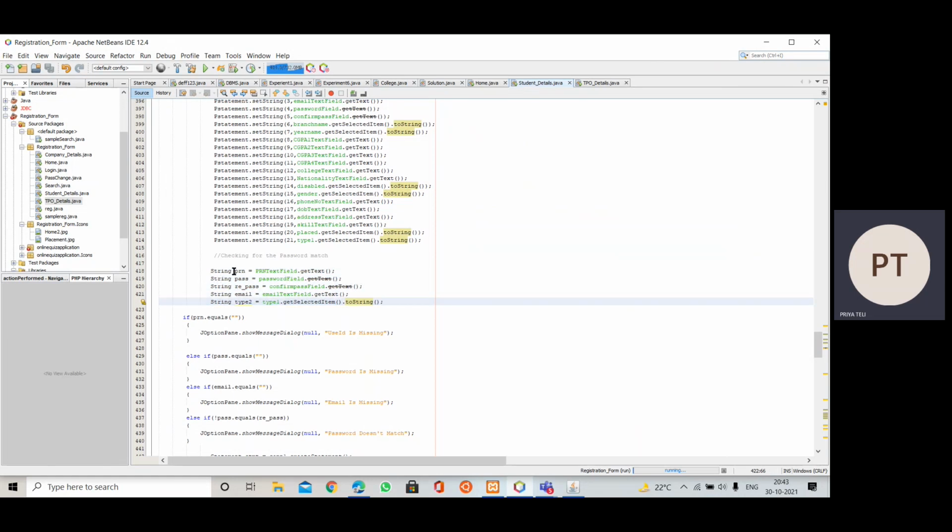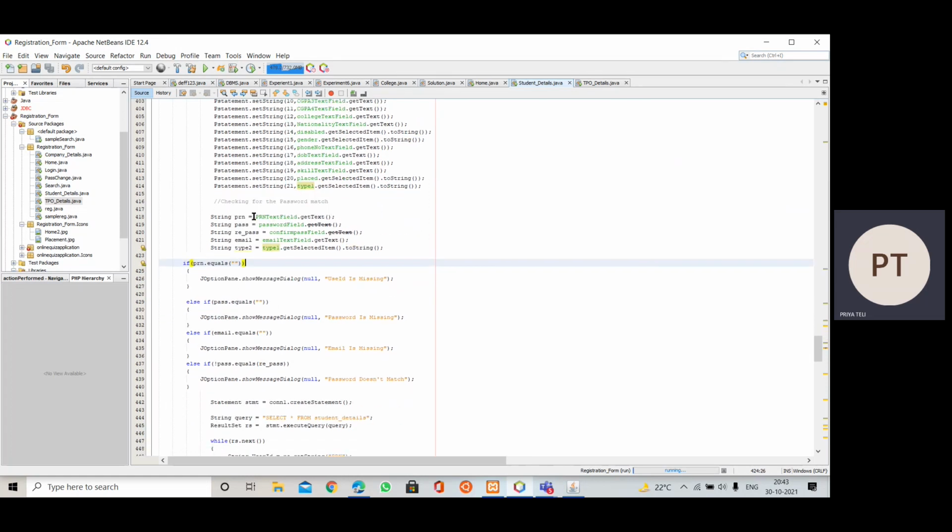First of all, in these string literals, we are taking the text which is inserted into these text fields. Not every text field, we are just going to take the important text fields like the data from the PRN text field, the password text field, the confirm password text field, then email and type.